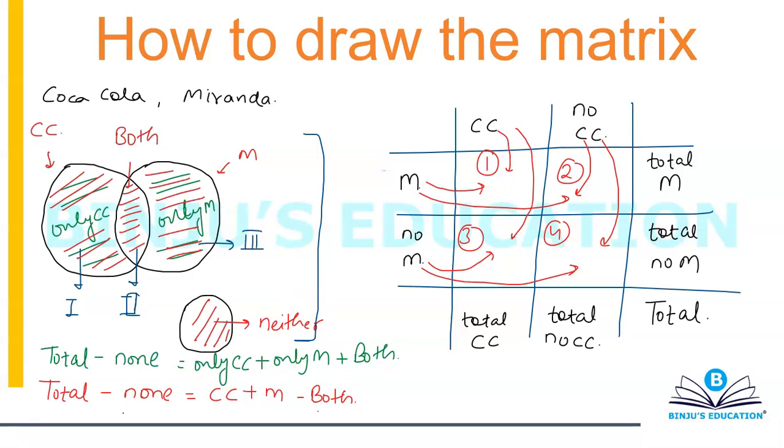Okay, suppose you have this question in mind: what about the first circle that represents the entire Coca-Cola? How would you represent that on your matrix if you're saying it's exactly the same? When you say total Coca-Cola, this is total Coca-Cola. What about the circle on the right? The circle on the right is total Mirinda. This is your total Mirinda. So it's exactly the same. There is zero difference. It's just the way you represent things on the paper.